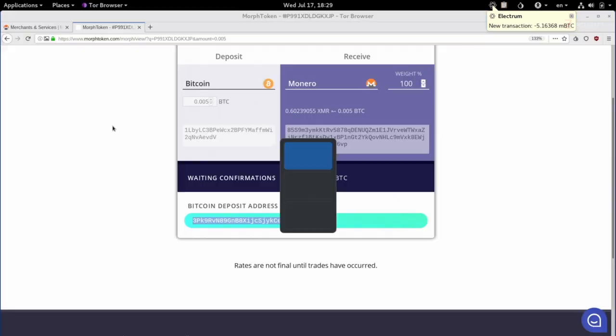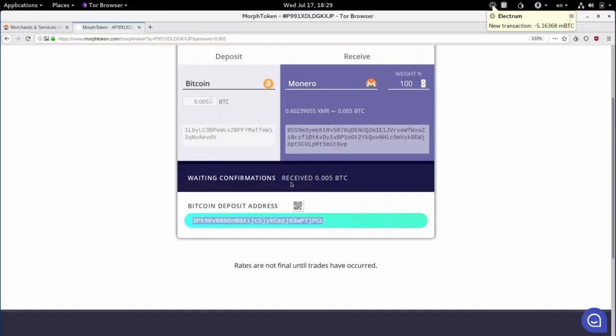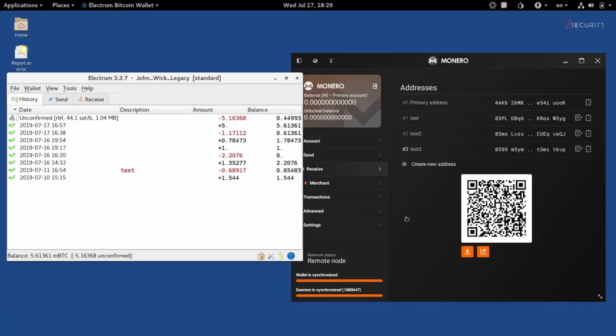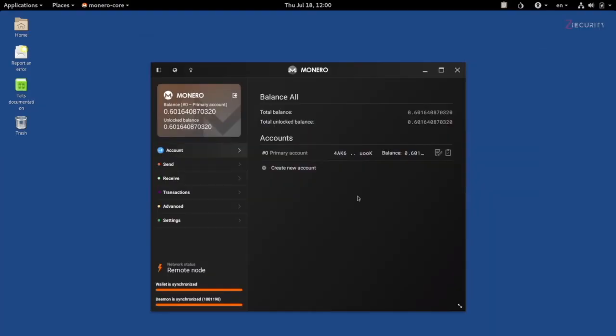And if we go to the website, you can see that it's waiting for confirmation, but it received my 0.005 Bitcoins. So all we need to do right now is literally wait for these guys to receive my Bitcoins, convert them to Monero, and then they will transfer it to my Monero wallet right here. Now I've actually paused the video for a bit, and right now, as you can see, I received the funds